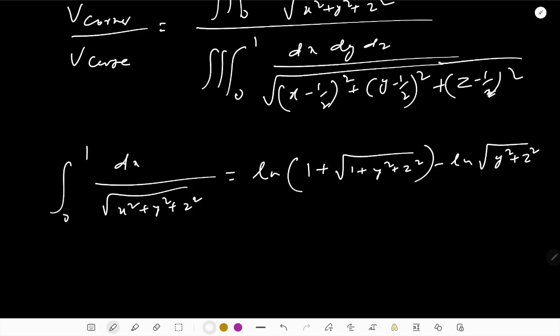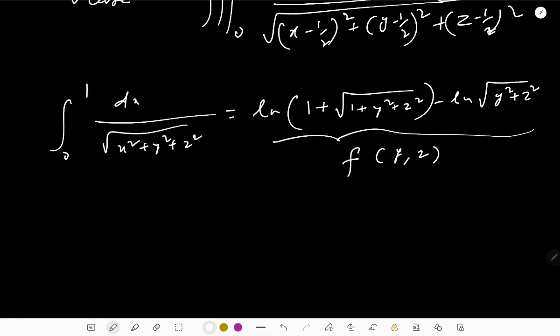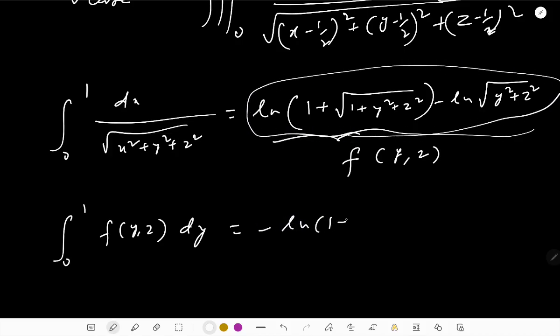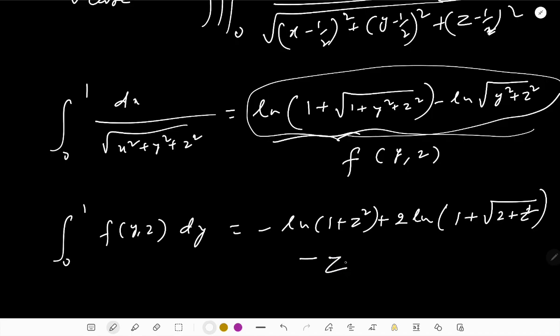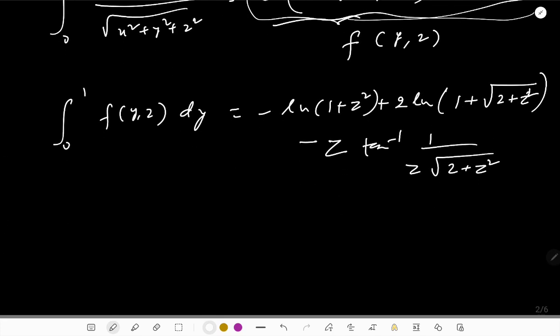Yeah, and if we integrate this with respect to y, this thing we got here, having some practice with multiple integration, you would like to write it as f(y,z), and then you need to integrate it with respect to y, and you can integrate them to get minus ln 1 plus z square plus 2 ln 1 plus under root 2 plus z square minus z tan inverse 1 by z 2 plus z square, and let's call it g(z),